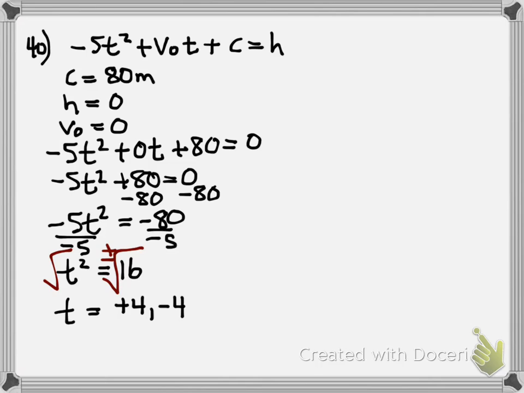So is there an answer that's not reasonable? Yeah, again, you can't have negative time. That doesn't make sense. So weirdly enough, the answer to this problem is the same as the answer to the other one. I'm going to tell you it's not always 4 seconds. And so we get, it would take 4 seconds for that rock to hit the ground. Okay? All right, then looking at number 60,